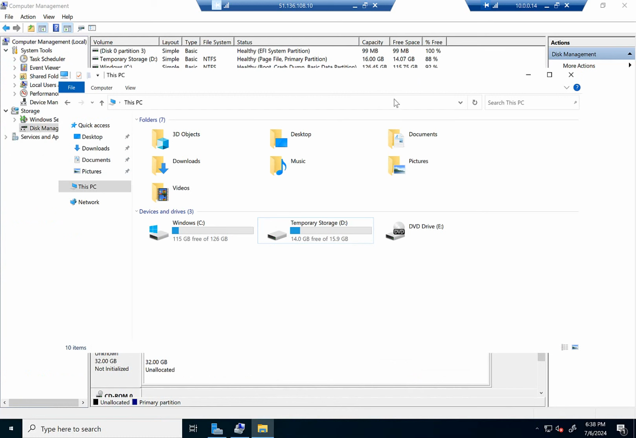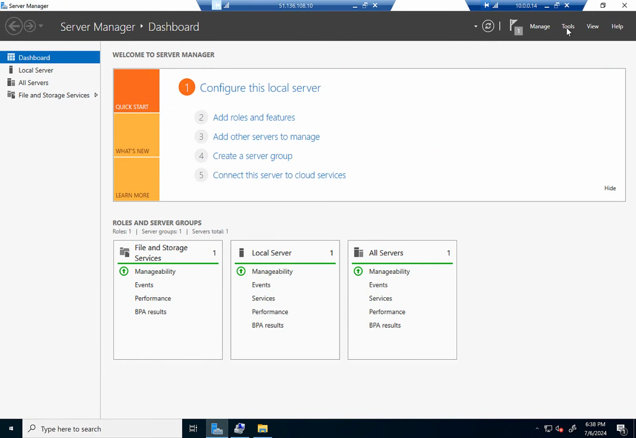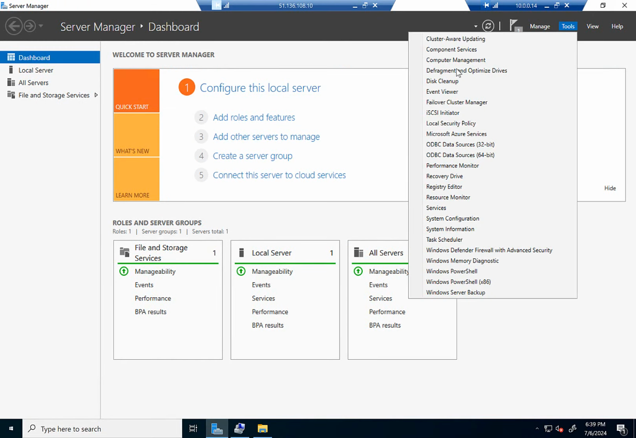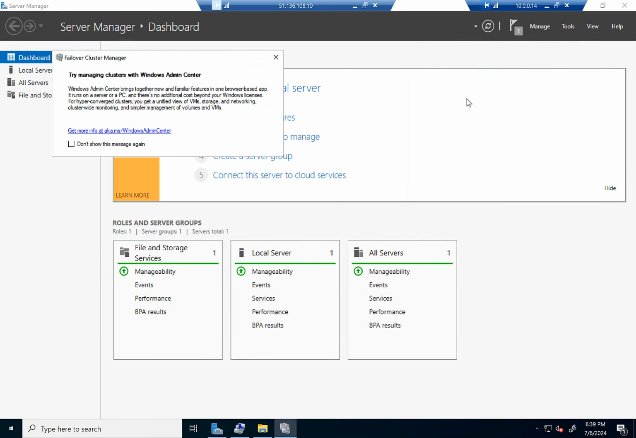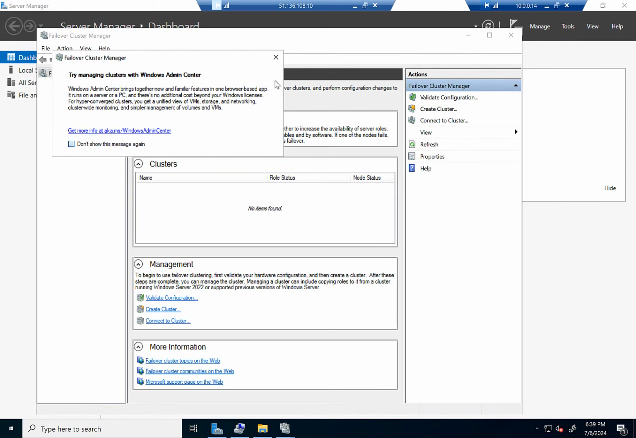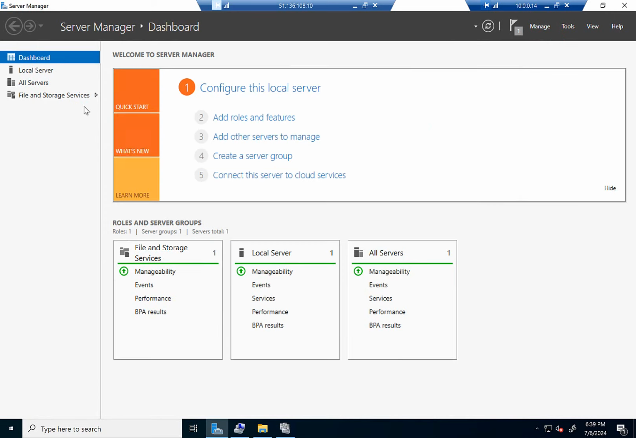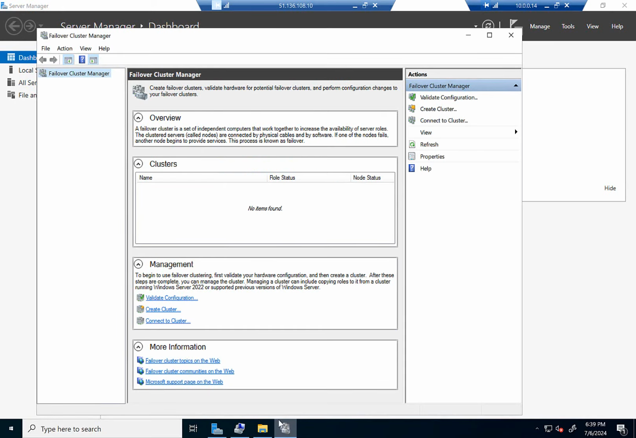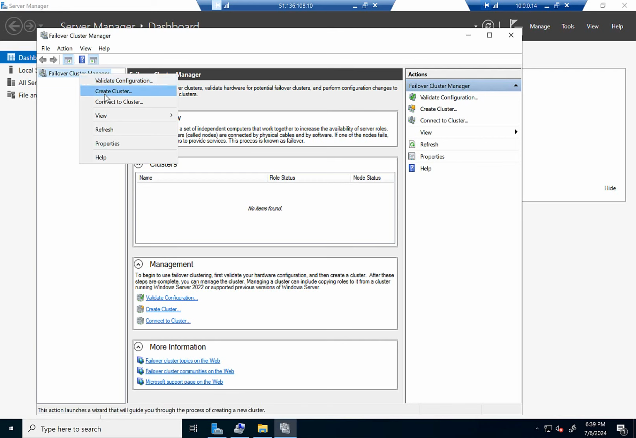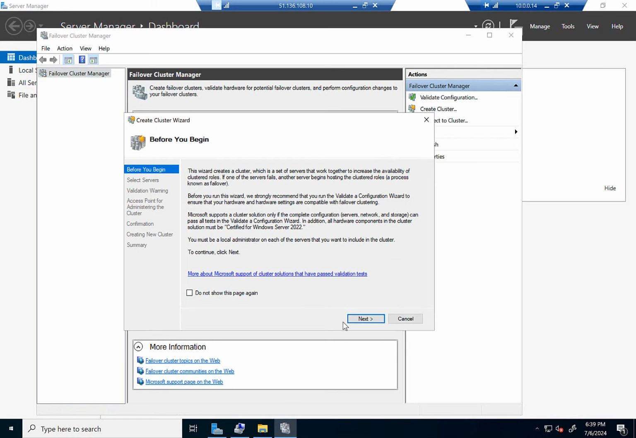and initiate the failover cluster feature, and we will start to install the cluster. Right click the mouse on the cluster, create a cluster, next,